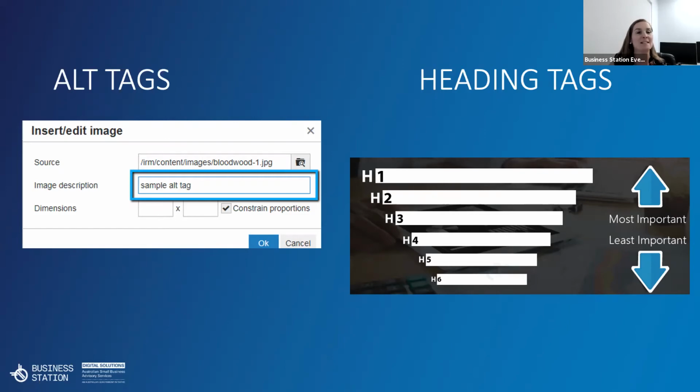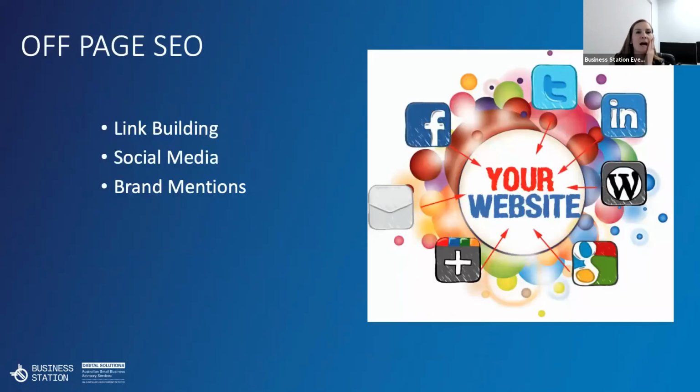All right, so that is on-page SEO. That is everything that happens on your website that affects how you rank. Now we're going to talk about off-page SEO, also known as off-site SEO. This refers to any actions that are taken outside of your own website that directly link back to your website or impact your rankings within search engines and their results pages.